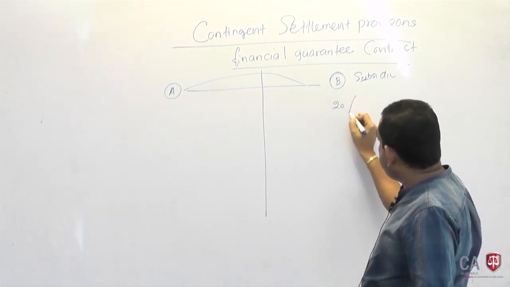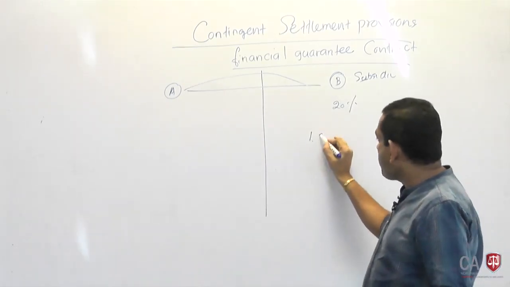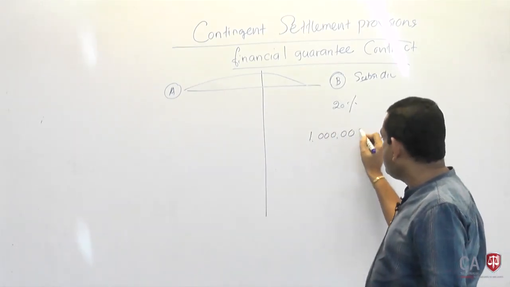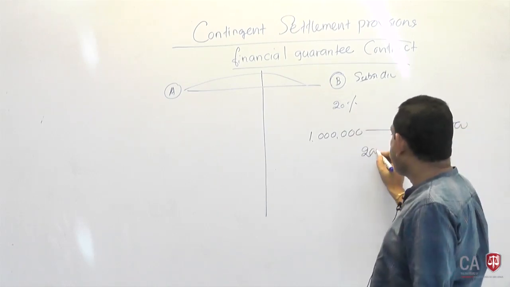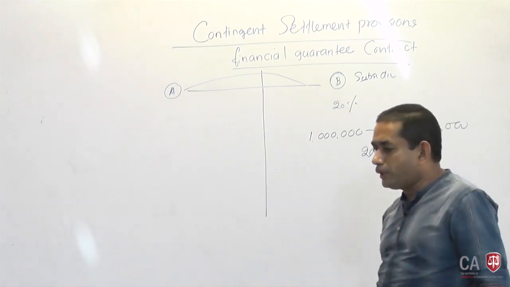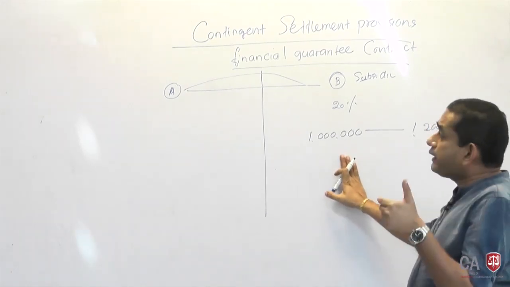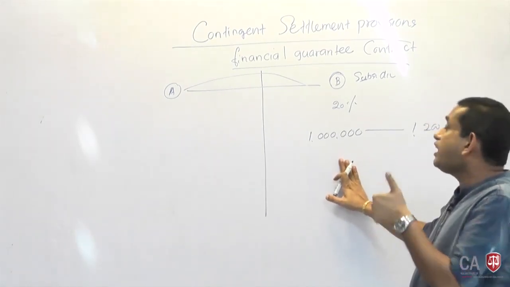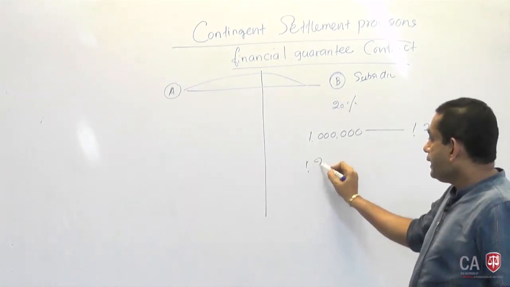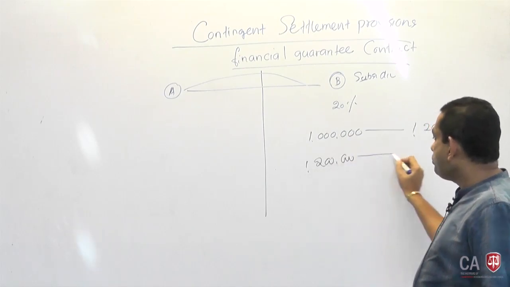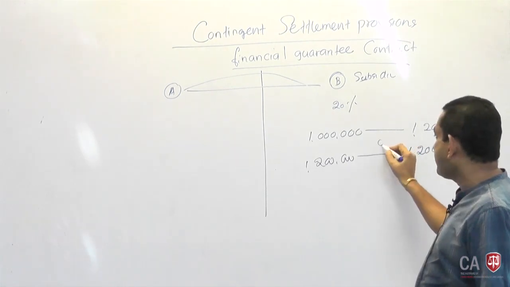Market rate is 20%. If company A does not get involved, company A gets a 1 million loan and settles at 1.2. So then 200,000 should be interest. The transaction is purely arm's length. The values are fair values, no problem. If company A gets involved and gives a bank guarantee to the bank of company B, B can get a 1.2 million rupee loan and settle it at 1.2 in 1 year's time, and then the rate seems to be 0.